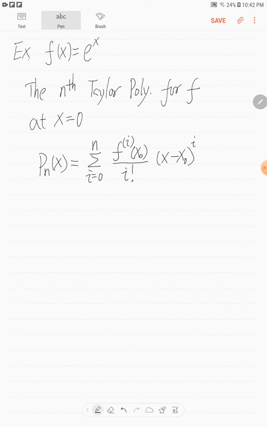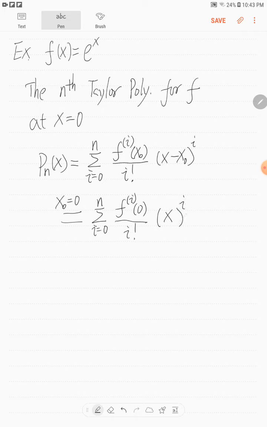So here x naught equals 0, so it becomes the summation i from 0 to n of f, the i-th derivative at 0, over i factorial, times x minus 0, so x to the